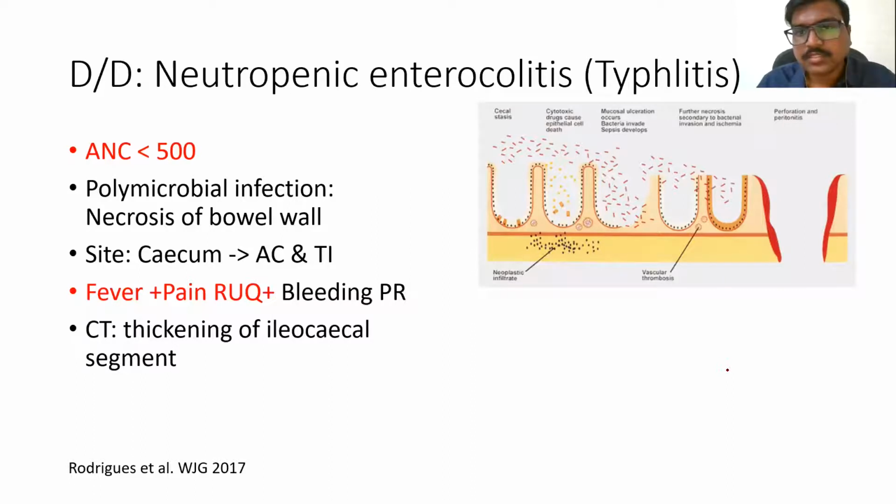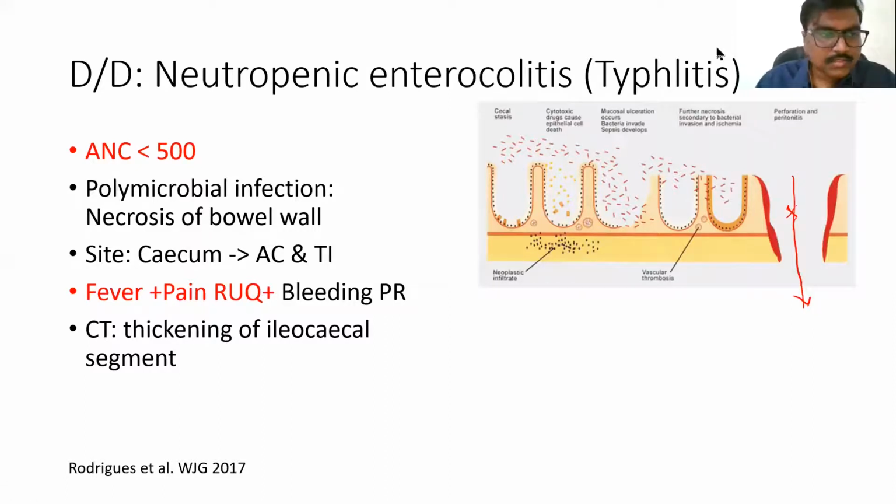2 to 3 weeks after the chemotherapy, the patient is immunosuppressed, and there is also injury to the gut mucosa, and that leads to polymicrobial infection and the necrosis of the intestinal wall, leading to bacteremia, fungemia, sepsis, and high mortality. So this neutropenic enterocolitis was also called typhlitis because typhlon means cecum, and the cecum is a place where there is maximal distensibility and stasis of the stool can occur, where this damage of the bowel wall occurs.